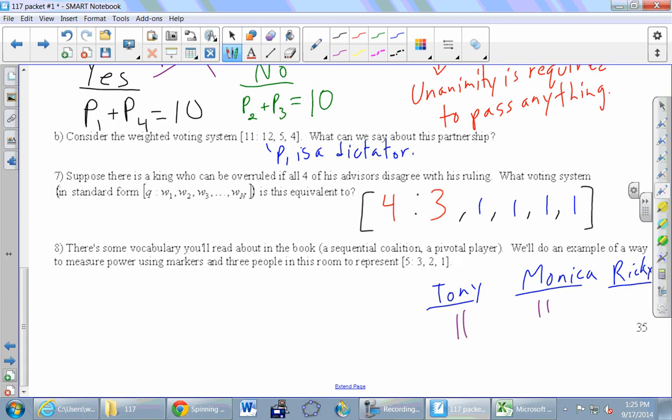Ricky. So Ricky comes to the front. And we're going to switch Tony and Monica just for a second, and then we'll do the other order. Okay, so Ricky votes first. Is that enough? No. And then Tony? No. And then Monica? Yes. So Monica has one more there. Okay, and then you guys swap there. Ricky goes first. Is that enough? No. With Monica, is that enough? No. With Tony? Yes. So Tony is there.